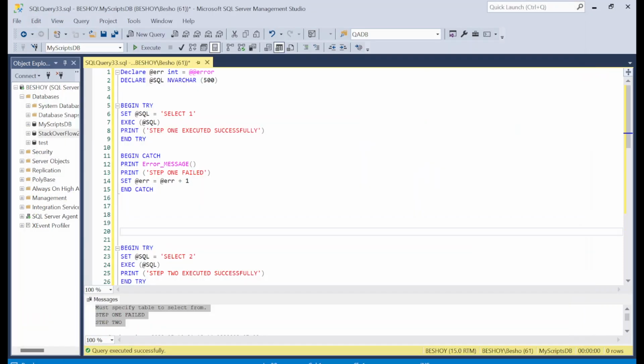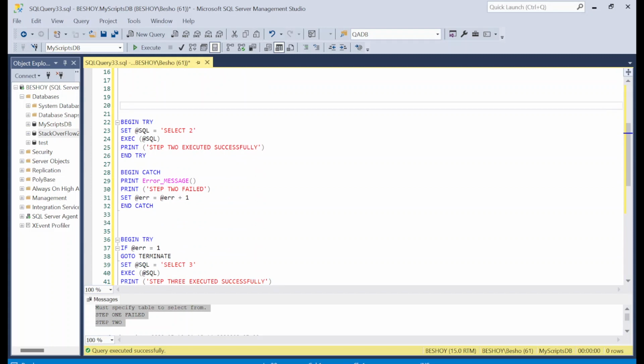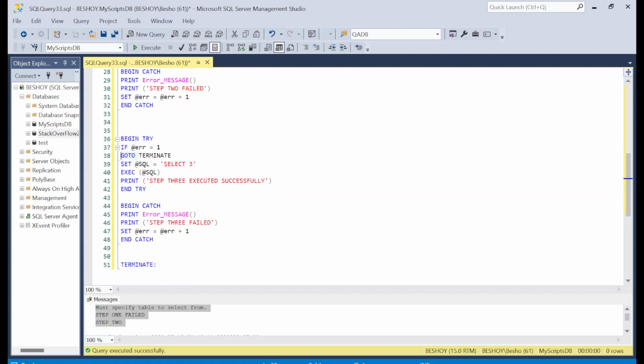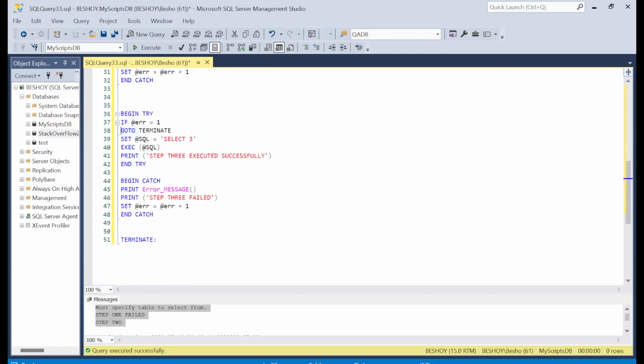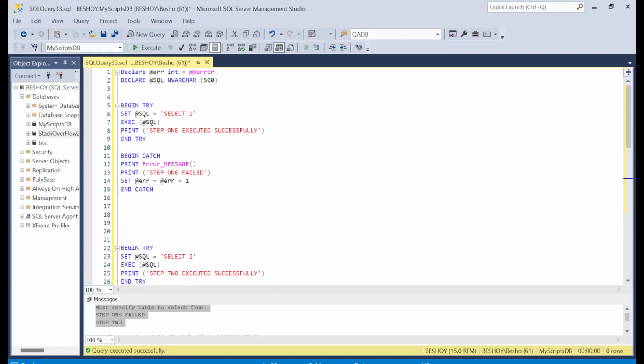Hello everyone, I am making a short SQL video today. We're gonna be talking about error handling in SQL. We're gonna be focusing on using try and catch blocks, a couple of keywords, GOTO, and also we're gonna be talking about creating labels. And I'm gonna show you how all these three combined would make execution of long scripts much simpler and